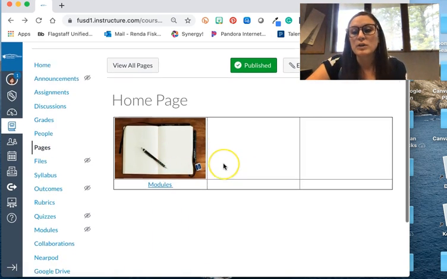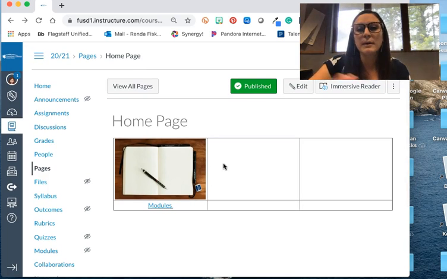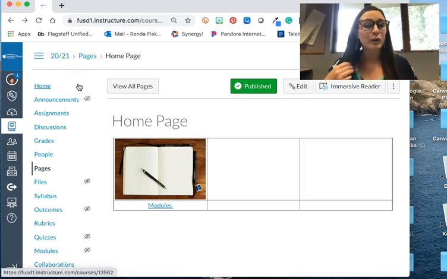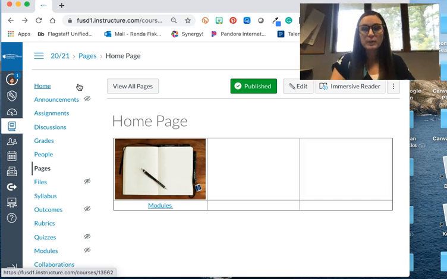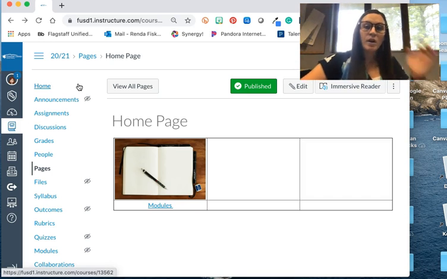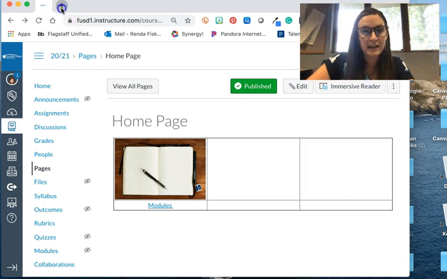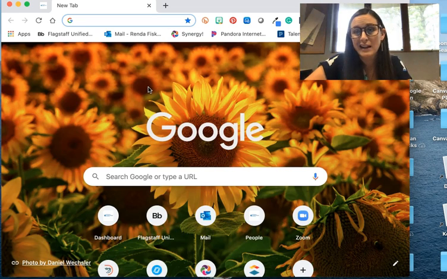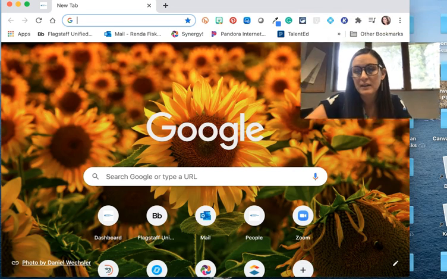Now, you might be wondering how people have created a little bit more intricate pictures that have a little bit more text. There's a variety of tools out there that can help you get a JPEG or a picture onto your computer that then becomes something you can upload as an option in Canvas. So one of the most simple ways to do this is to go to Google Slides. We have it in FUSD, so if you go over to Google Slides,